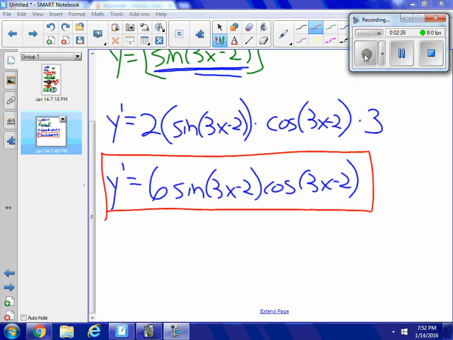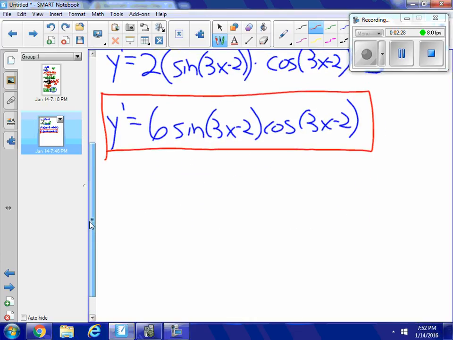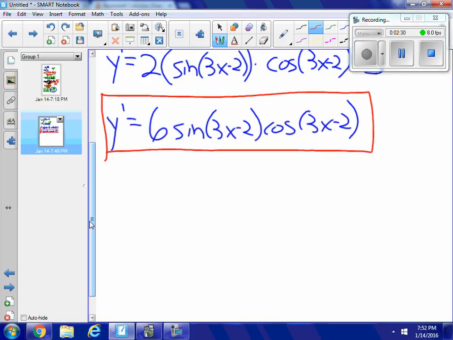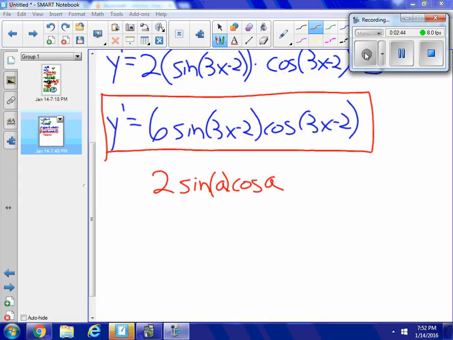However, for those of you who are a little bit more into trig, you might remember the identity that says 2 sine A cosine A, let's put these in parentheses so you can see the arguments, and it's not sine times cosine, is equal to sine of 2A. And if you happen to remember that, what's that called, the double angle formula, then I can look at my answer here, and I go,